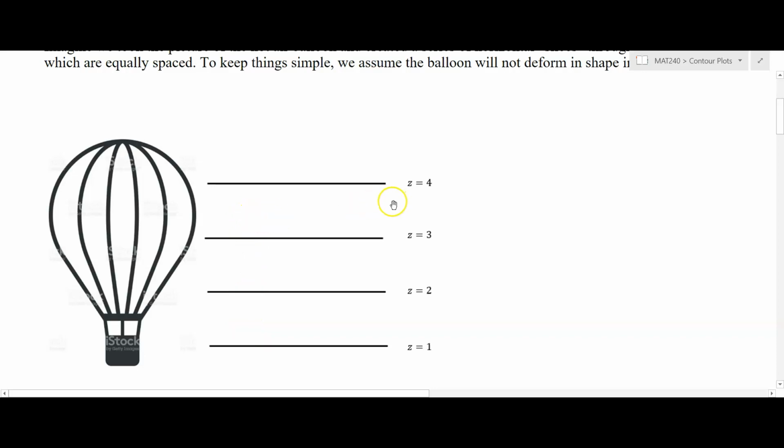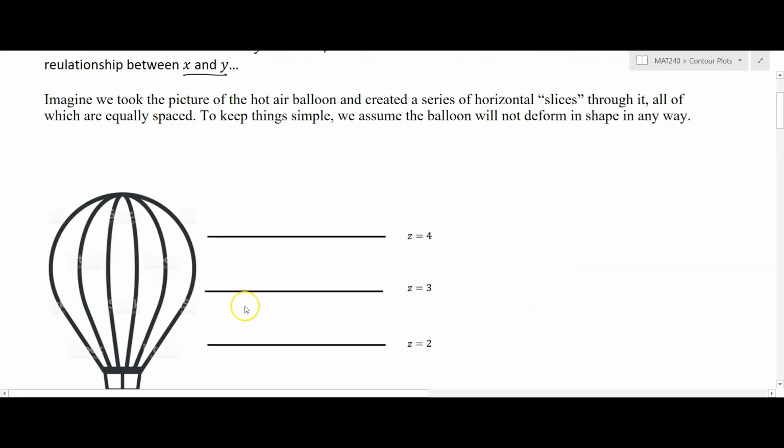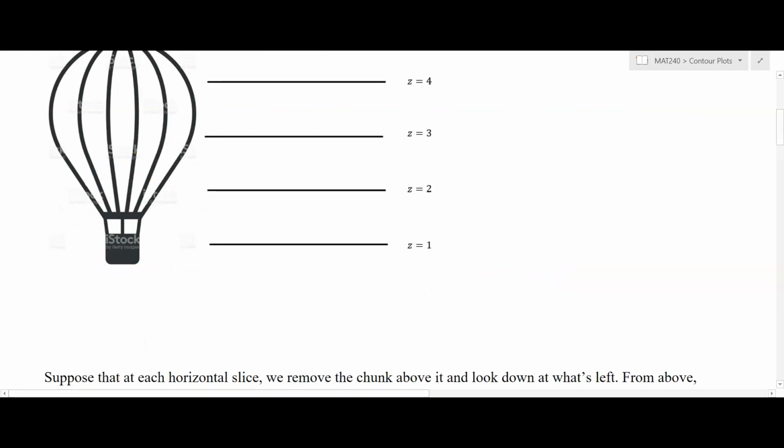And that's important because at different heights along this balloon, we want to plot the corresponding shape of what we would see. Now, depending on how you visualize this, usually these have more of a rectangular base. So this is kind of your hot air balloon here. So let's imagine this represents sort of a rectangular base. So if I were to create a slice at z equals 1, and I created that slice right about here,